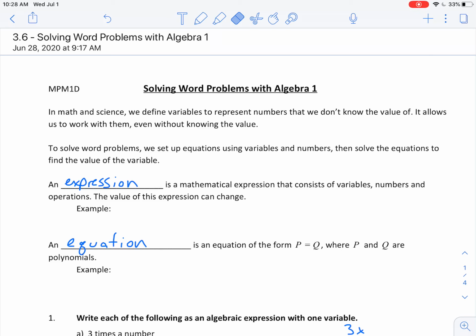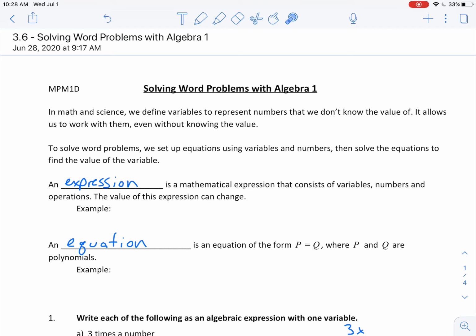Let's talk about solving problems with algebra, solving word problems with algebra. In math and science, we define variables to represent numbers that we don't know the value of. It allows us to work with them even without knowing the value. To solve word problems, we set up equations using variables and numbers, then solve the equations to find the value